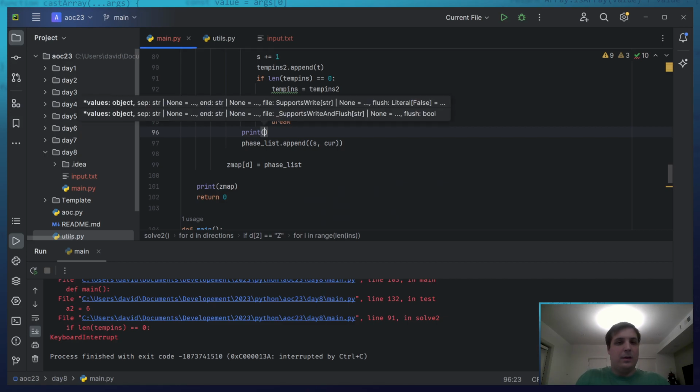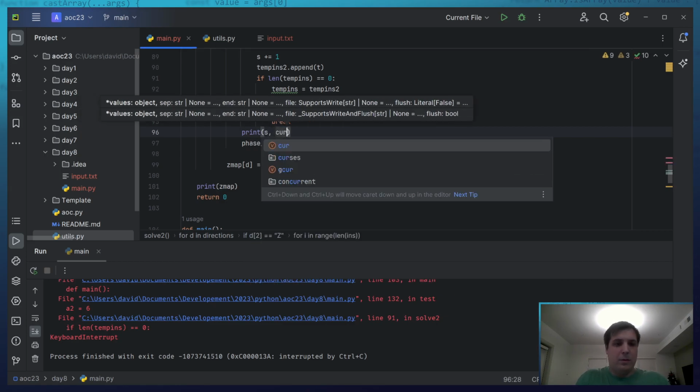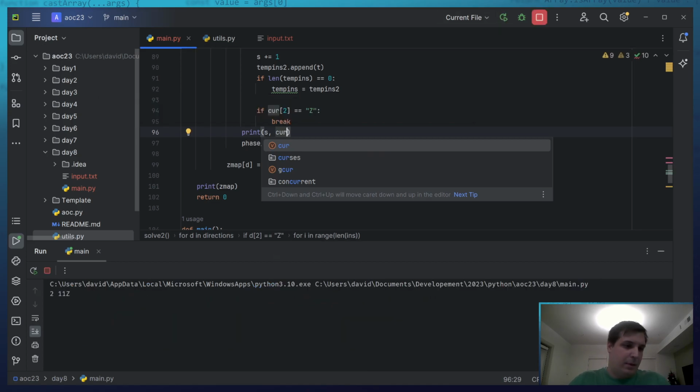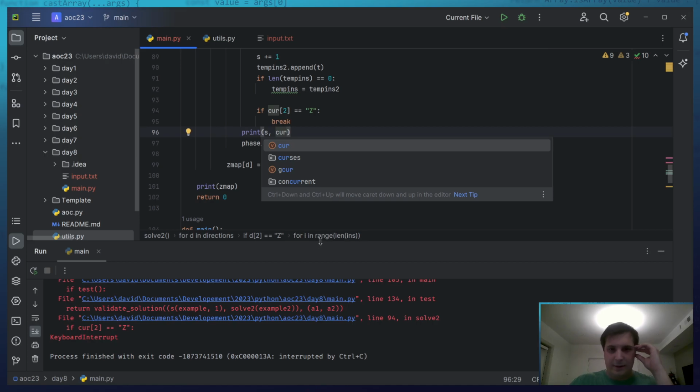Print S and cur. Oh, infinite loops. There might be loops that don't actually include anything.